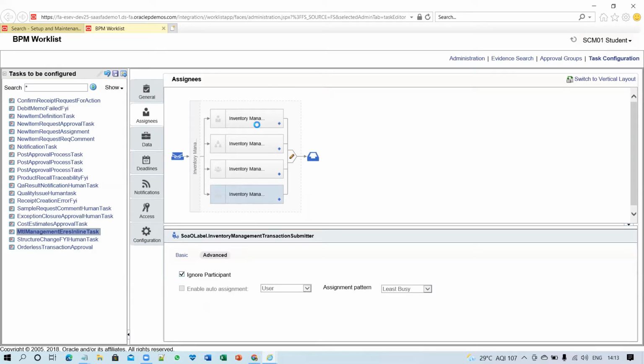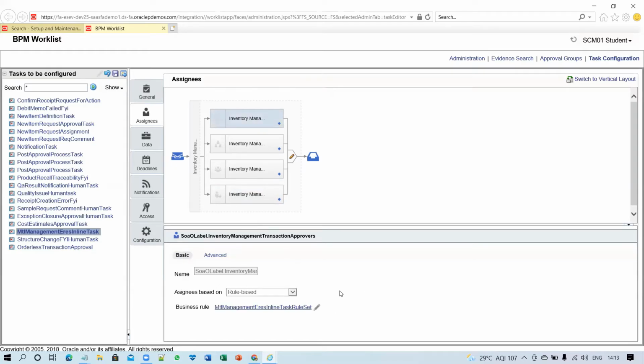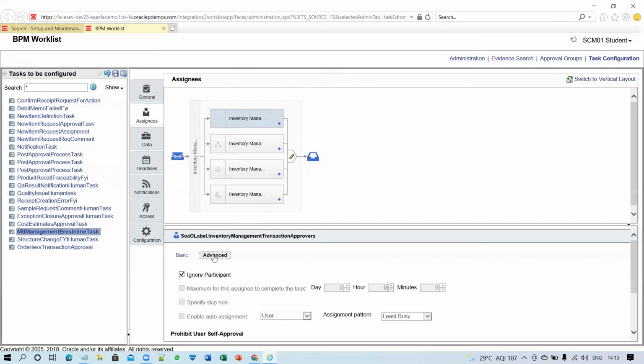So it's ignored completely. Now we'll go to the rule and we'll see. So let me click on advanced. Okay. So you have to make sure that this ignore participant is not enabled where you have set up your approval.